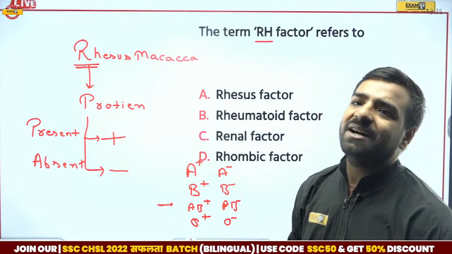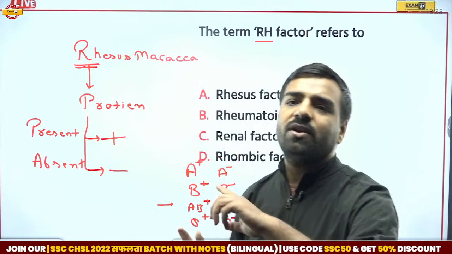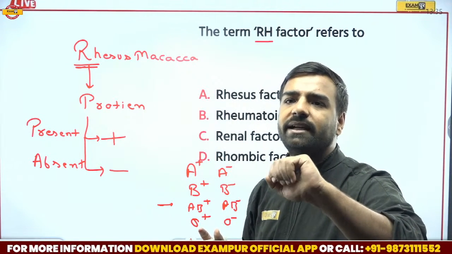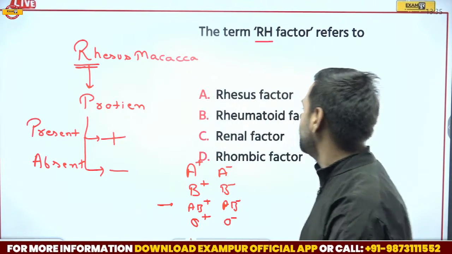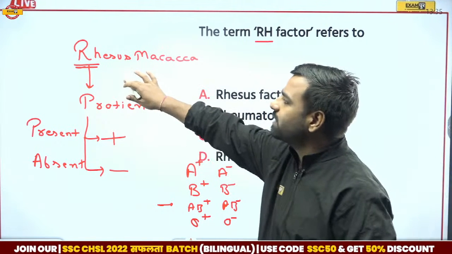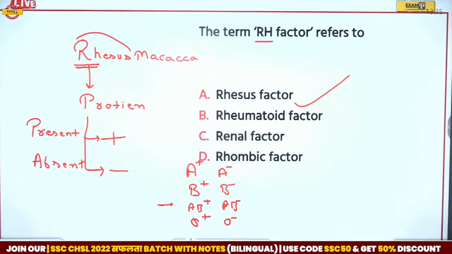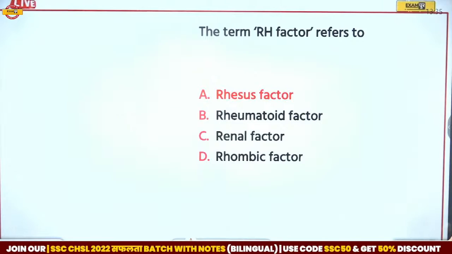So we have Danady here after a long time. Okay, so Gia is here. Gia, what's your answer here? Danady is going with C, Kirti is going with A, Jagdishan is going with A. Here the correct answer is rhesus factor, because it was actually taken from the rhesus macaca monkey. I guess this point is clear now.